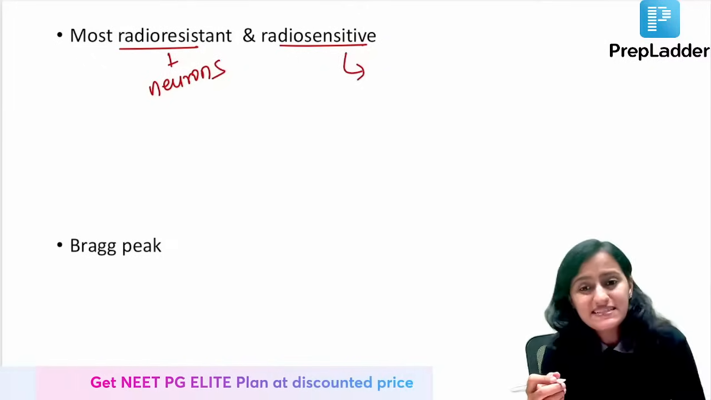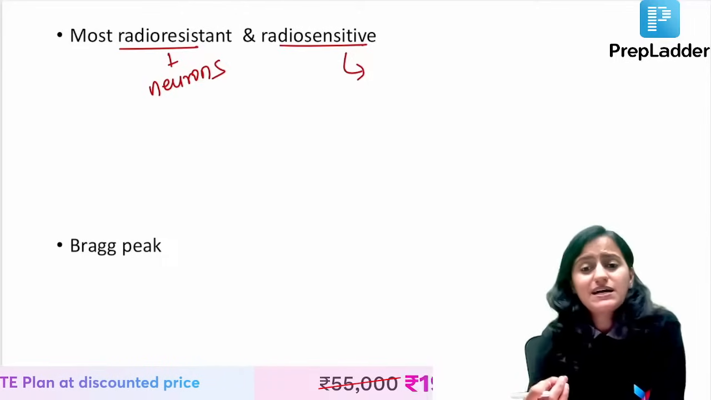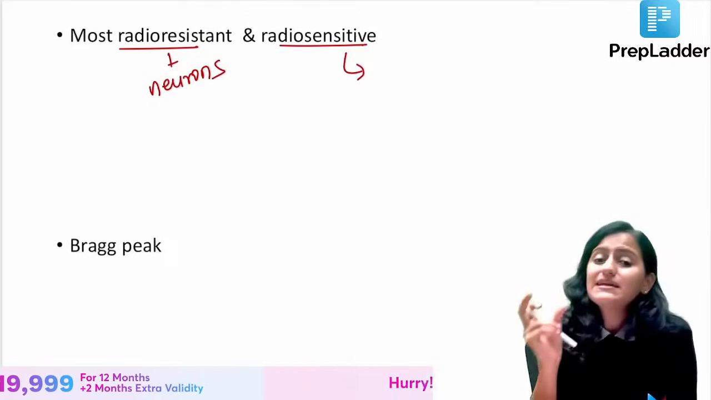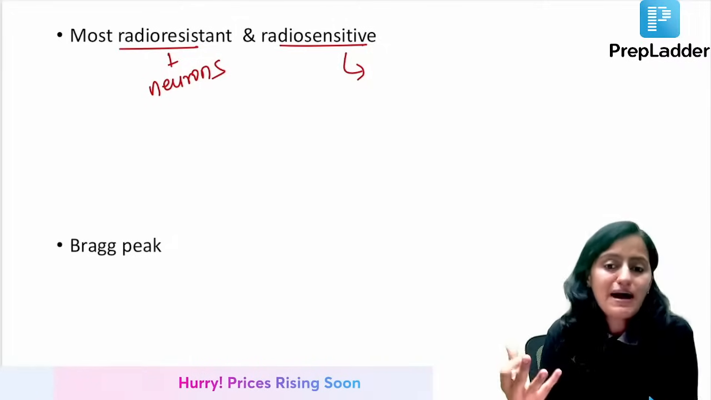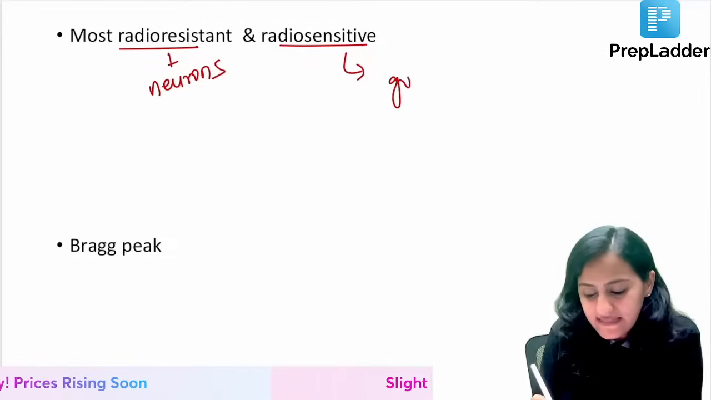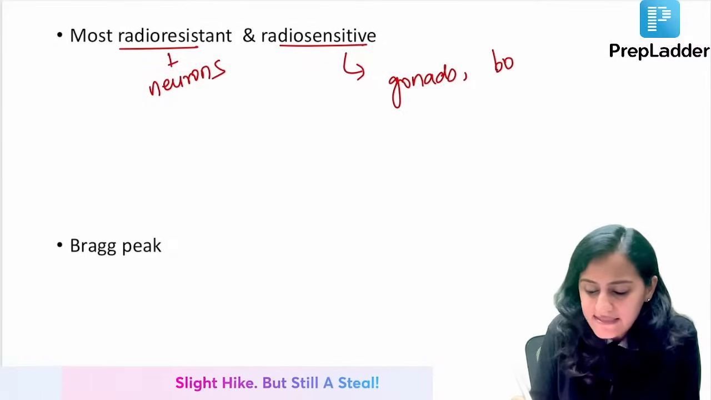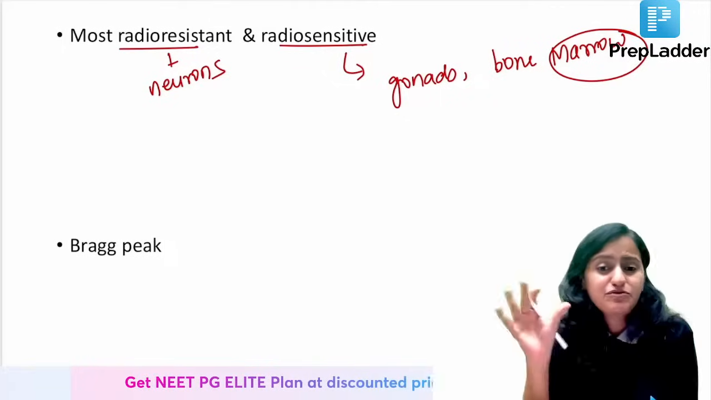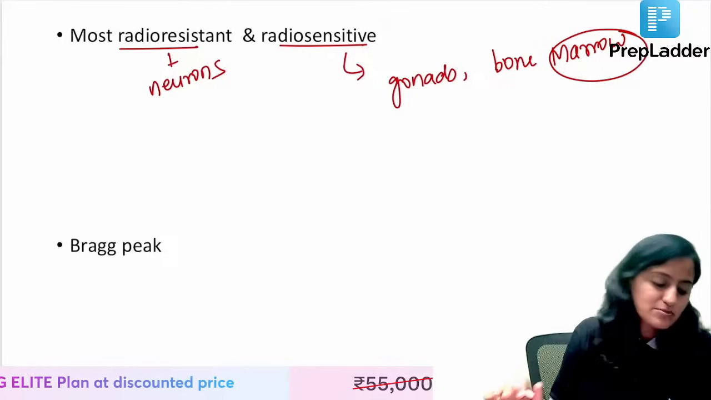Most radio sensitive, like a question came recently in an FMG exam, the options had gonads and also bone. So when they don't specifically mention bone marrow, remember gonads are more sensitive, right? Gonads or bone, specifically the bone marrow which is sensitive, not the cortex, right? The marrow is more sensitive. Okay,